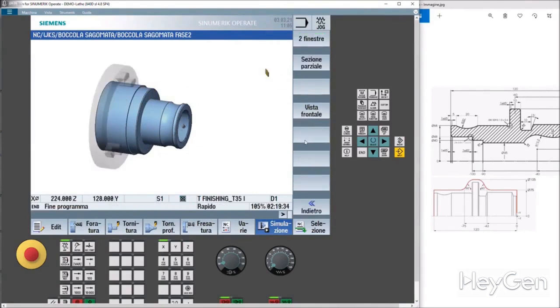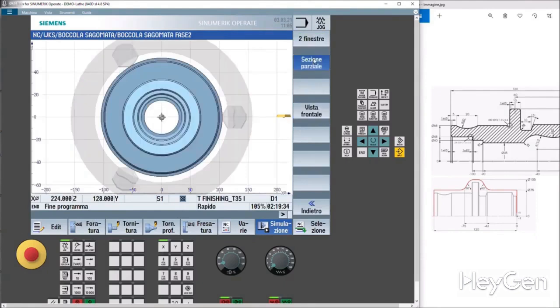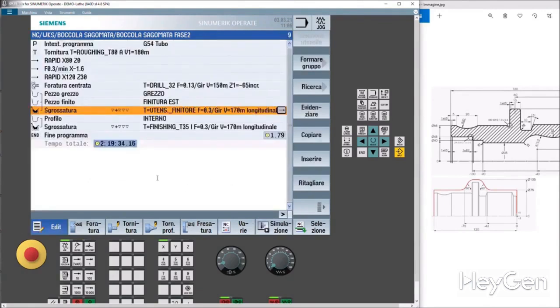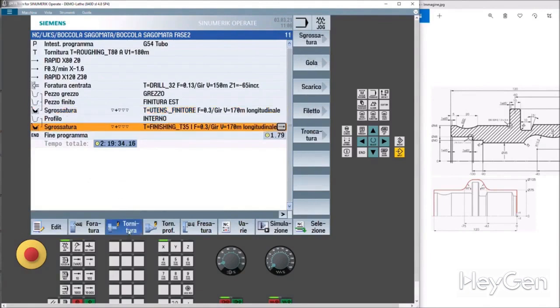Did we do the inside right? Here it is, partial section, the inside. We did it well. What do we have left to do? The two outlets in E. Our piece is finished. Let's go back to edit. Good. Let's go to the end of the program. Turning